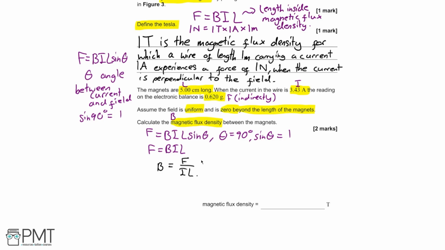At this point, we need to determine what F is. To do so, we need to use what we know about the reading on the electronic balance. Specifically, we know that our balance gives you the mass of whatever object is placed upon it. It gets this mass from doing a calculation from the force. Specifically, it takes the force that it receives, which is what it actually reads, and divides by the acceleration due to gravity, g, to get a mass. Therefore, if we multiply the reading on the balance by g, then we'll get the force it experiences. So, force received by balance